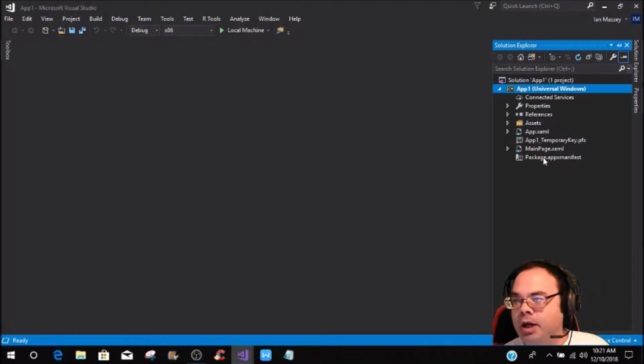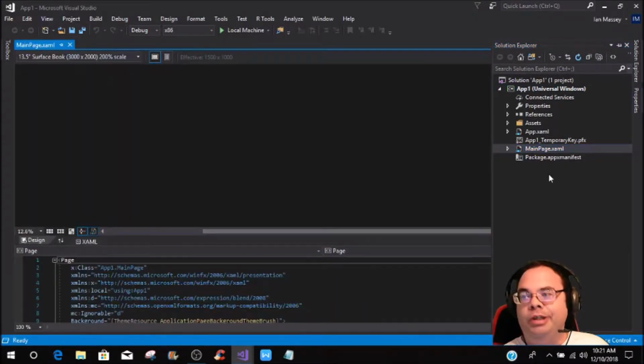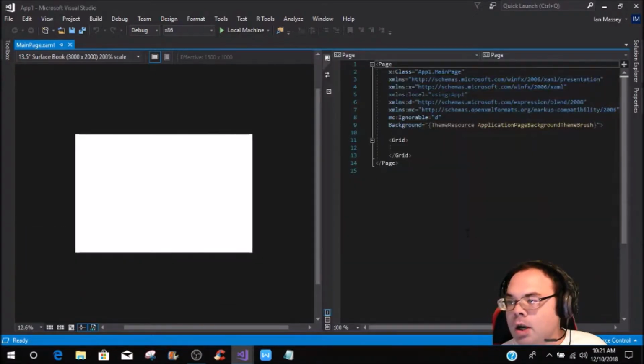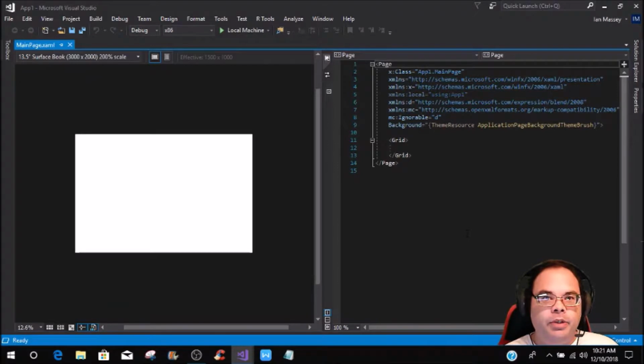You're going to have a temporary key, your main page, and your package app manifest. So what we're going to do is click on the MainPage.xaml. You can change it if you want to, but for this, we're just going to keep it very, very basic. All right, now as this is going to be kind of like the material design that was in the